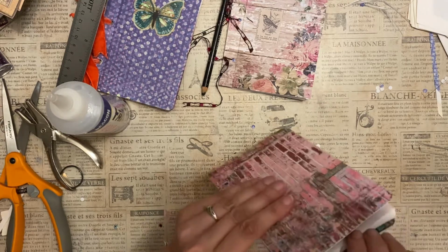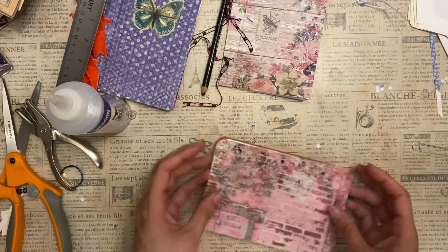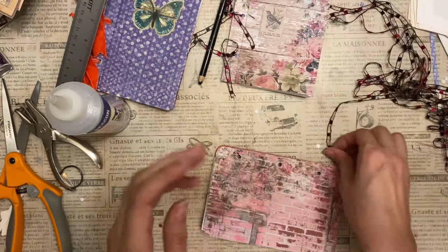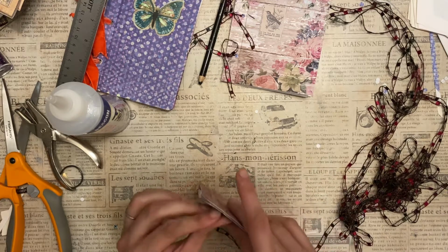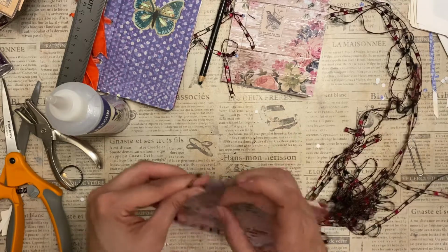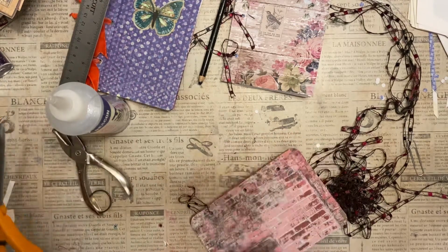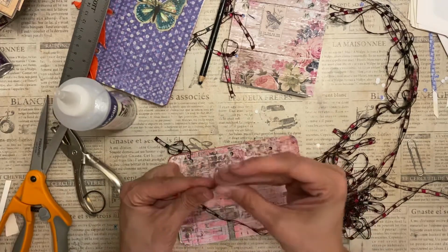And there you go. So now at this point, with those glued together, we can take our string. So I like to just, before I decide what kind of ribbon I'm going to use, because you can use any kind of ribbon or yarn for this, I just use some thinner ribbon to tie it together, just to keep it in place before I mess around with the heavy duty stuff. So yeah,